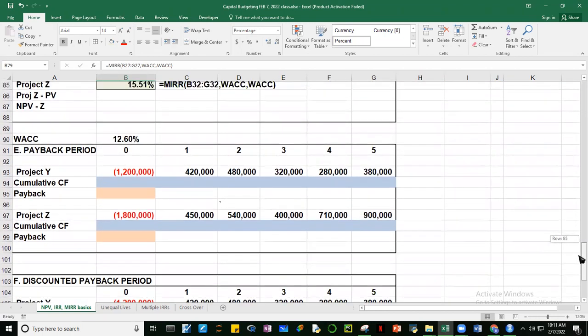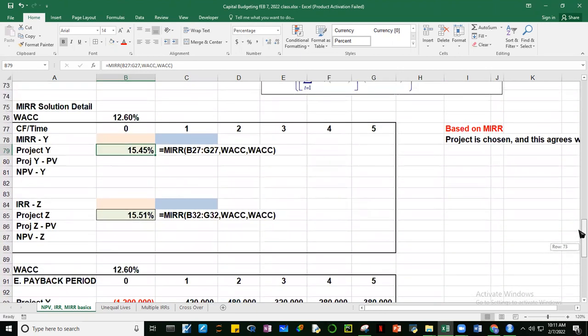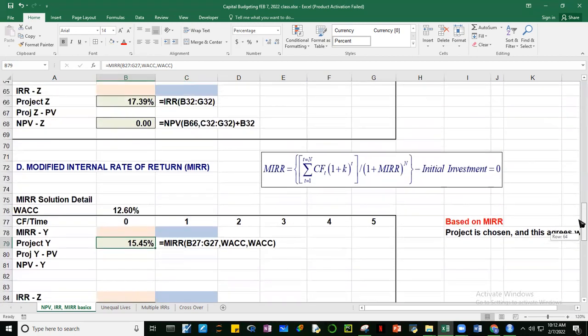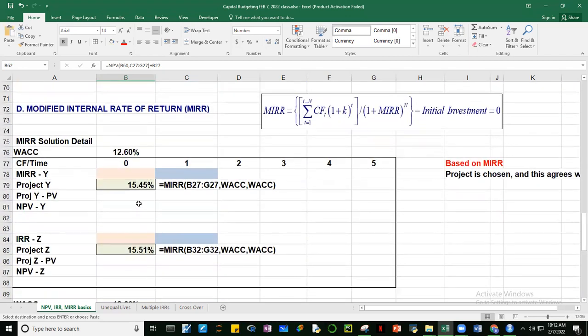Okay, guys, clear ba? Clear so far? Any questions about the computation for MIRR? Of course, you can compute also for the NPV. No? Control C. You can compute the NPV based on